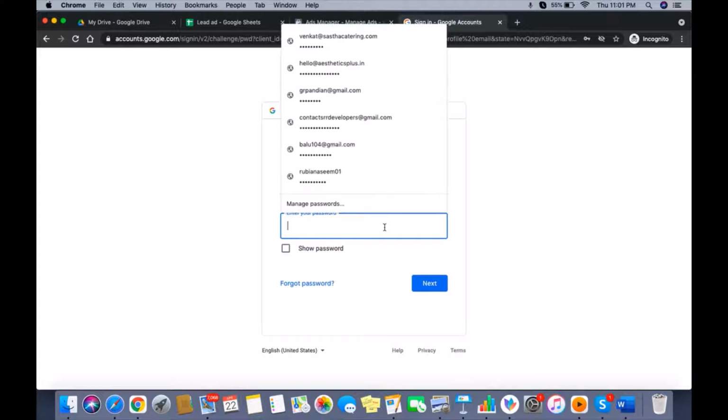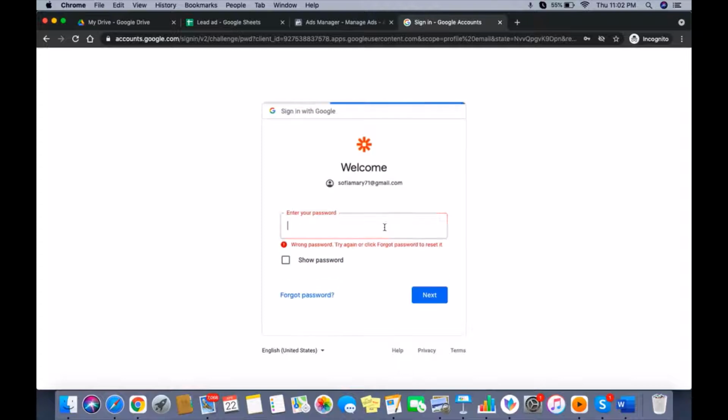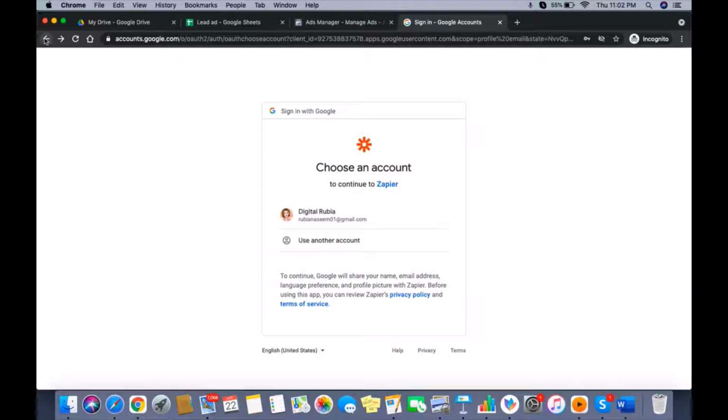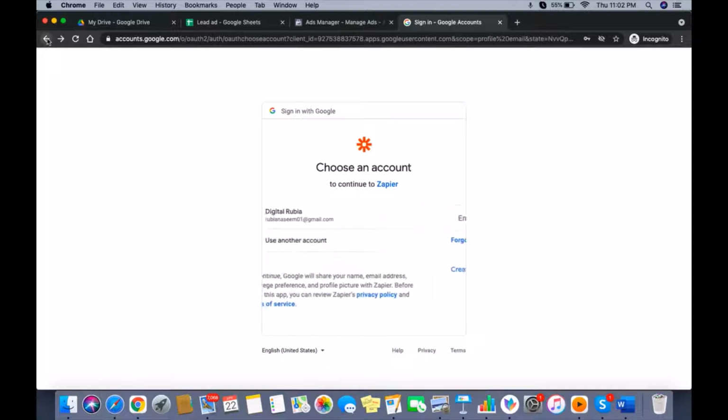So one thing you need to know is that connecting Facebook to Excel comes with a particular cost. You can just go and check pricing in Zapier and do the payment and start. Most of the automations in Zapier are free, but only a few features, like connecting Facebook leads with Excel, would be a paid version. So you can check the Zapier pricing and decide based on that.